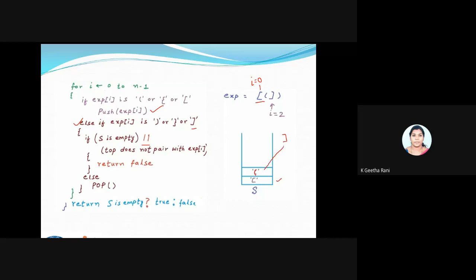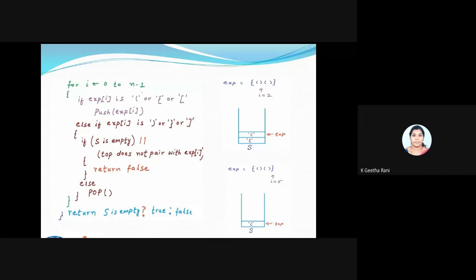So it's returning the answer false. This tells you that this expression is not a proper balanced expression. The next example, the same pseudocode with another example I've taken. By seeing it itself, you can see it's a balanced expression.